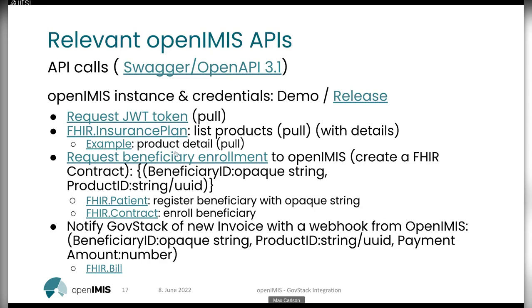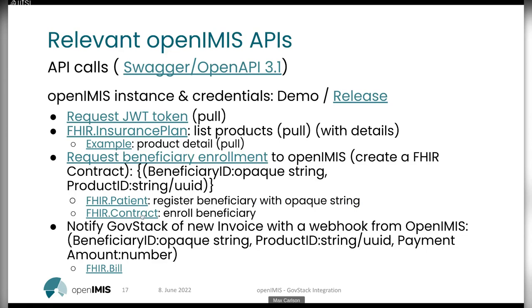Here's a menu of products that may apply to a person. Then we'll request a beneficiary enrollment once a few other steps have gone by. I showed that earlier in openIMIS. And so effectively, that's going to be registering a beneficiary, right? This might involve creating a new patient if one doesn't already exist, and then binding them to a contract or